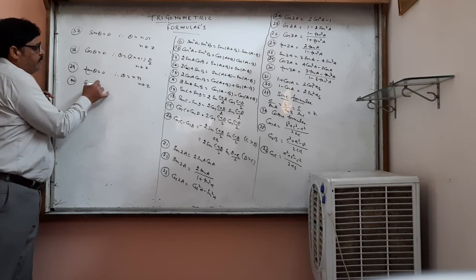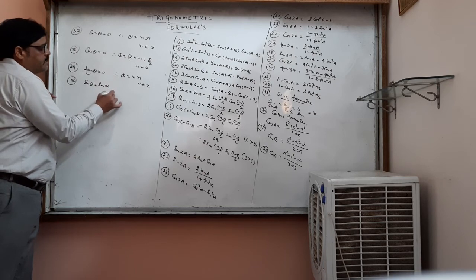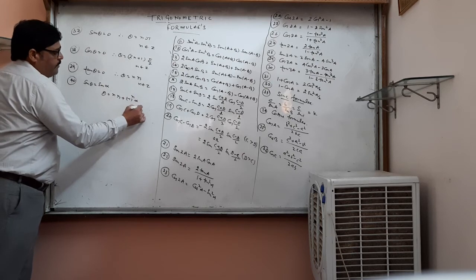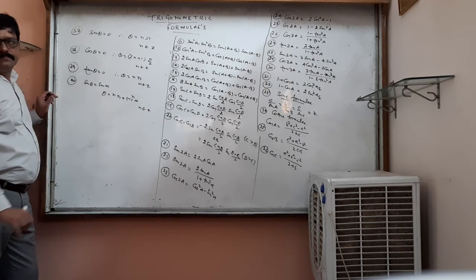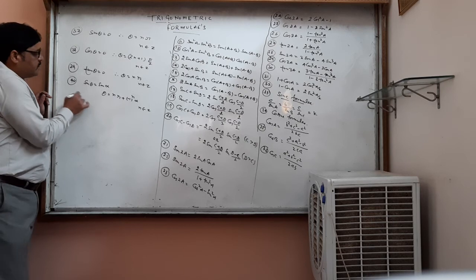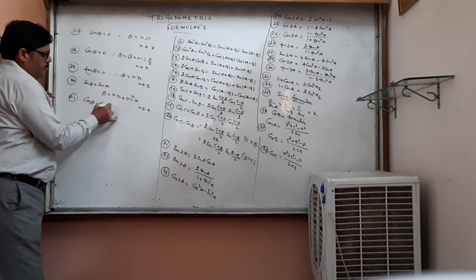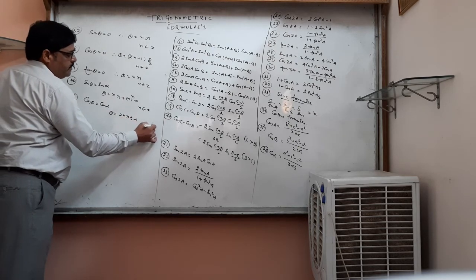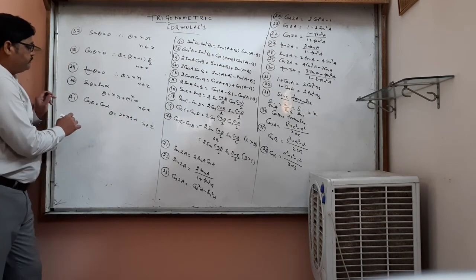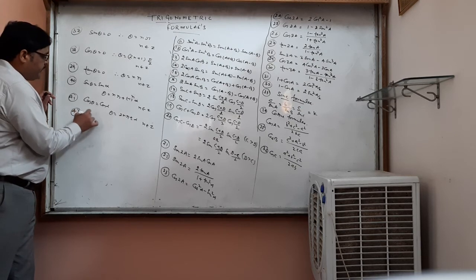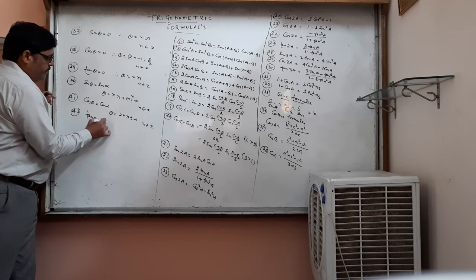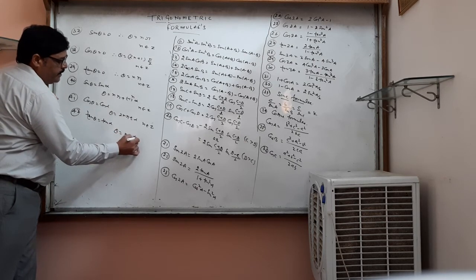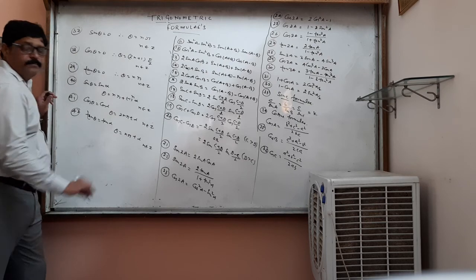Sin theta is equal to sin alpha, theta is equal to n pi plus minus 1 raised to power n alpha, n belongs to integer. Cos theta is equal to cos alpha, theta is equal to 2n pi plus minus alpha, n belongs to integer. Now tangent theta is tangent alpha, theta is equal to n pi plus alpha, n belongs to integer.